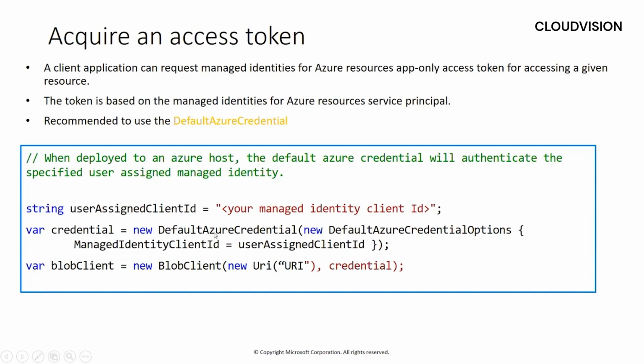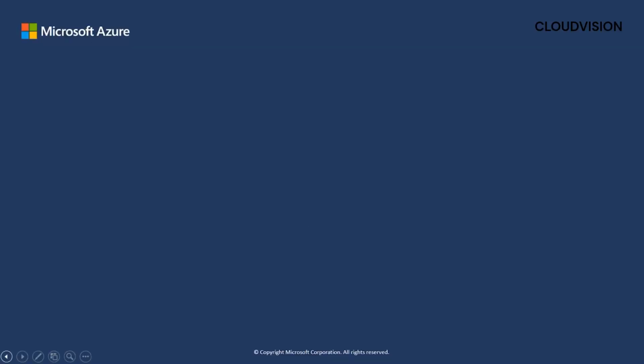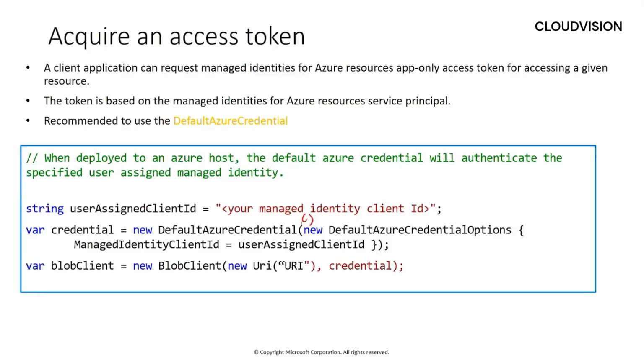Here, the motive is to tell you how to use your credentials. So here they are using a default credential and they are adding default credential options with the managed identity client ID. It means they want to use the user assigned identity. If you are not providing any parameter in the default credentials, if you are just opening and closing it, it means you want to work with the system assigned identity, right? So that is the way by which, as a programmer, you can decide whether you want to use user assigned